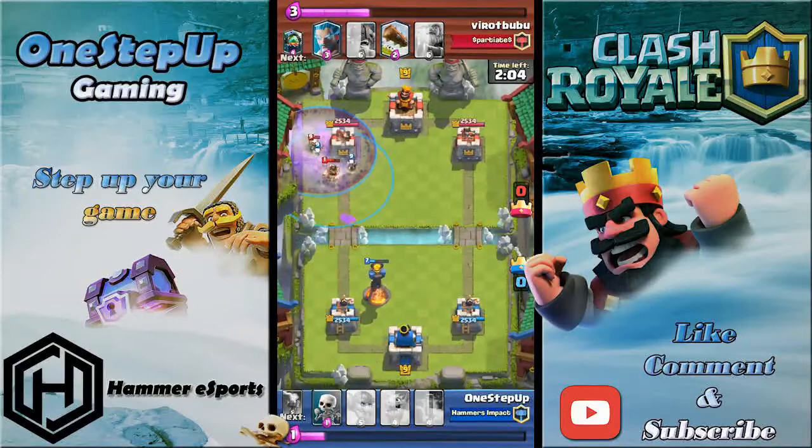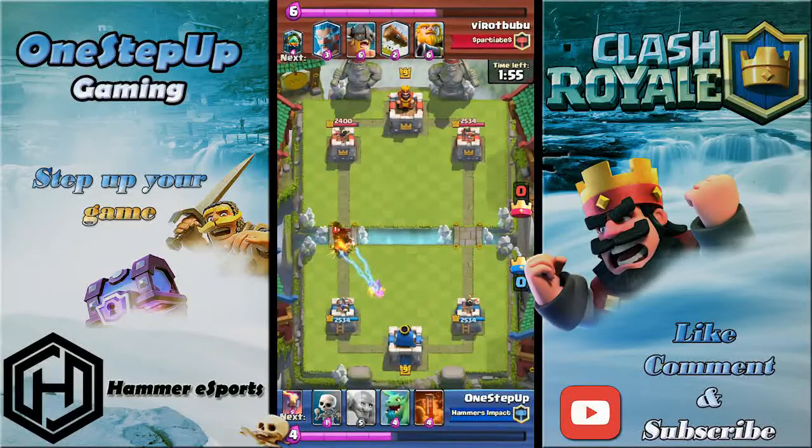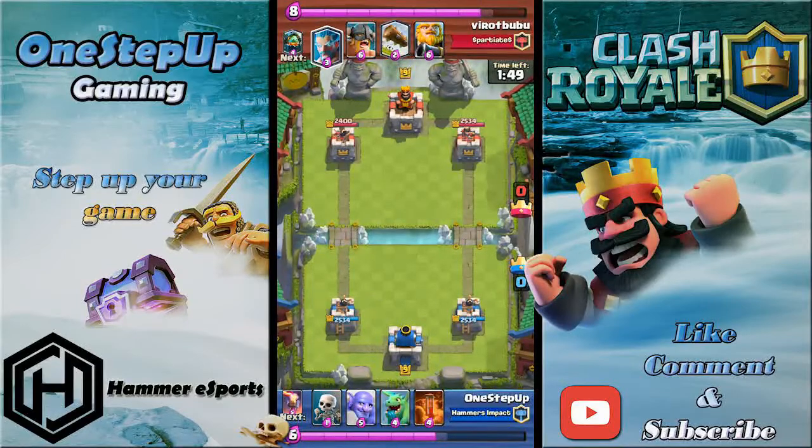And good skeleton army by him. I tried to kill those skeletons using the tornado. Not the best use of it, just because it costs 3 elixir and it's kind of wasted. But I still did some amount of damage, so that's okay. And now,